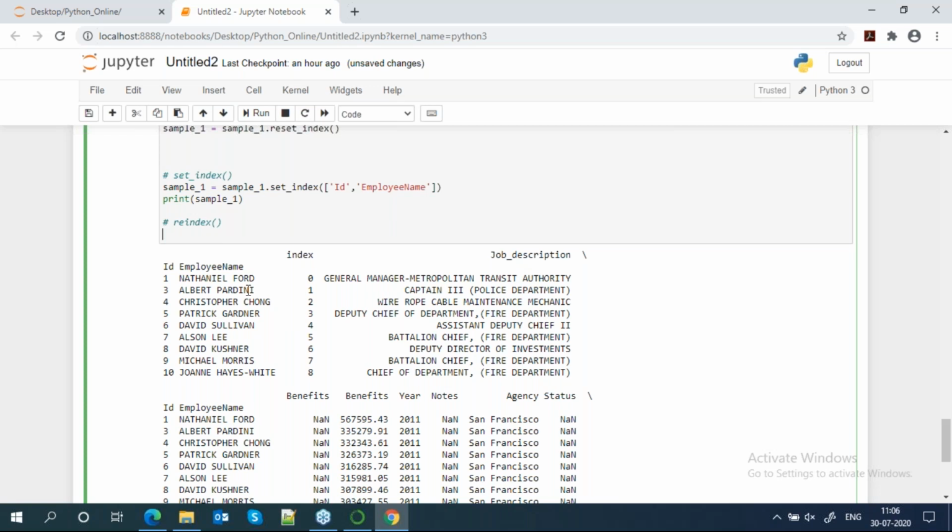Suppose now you want to reindex your data. Here you can see that we have two index levels, this is level 0 and this is level 1.